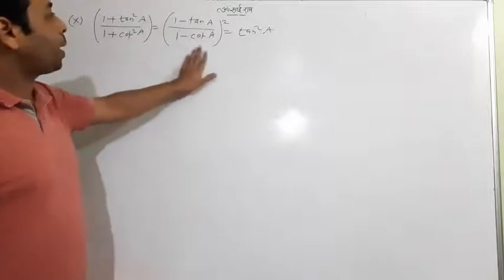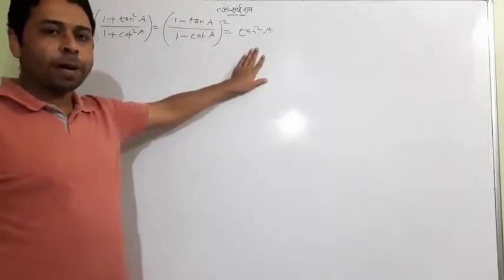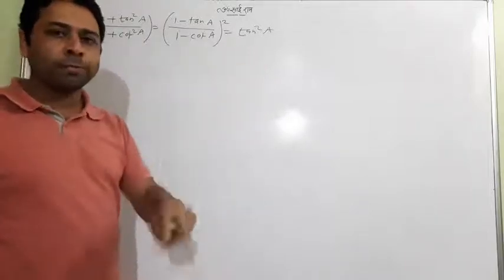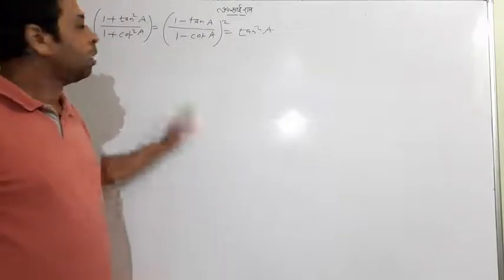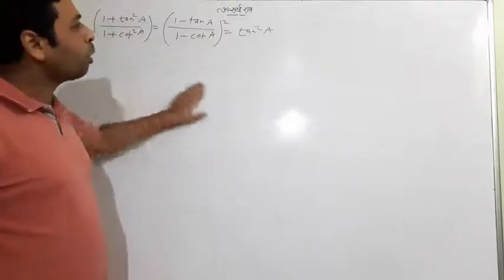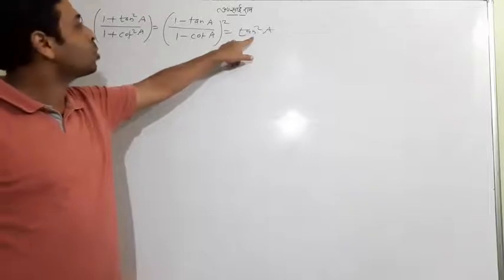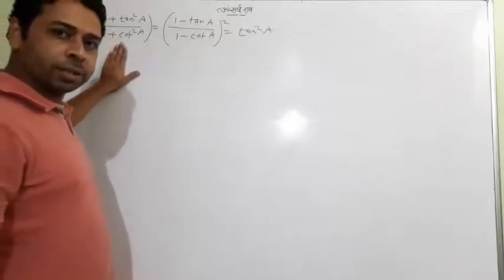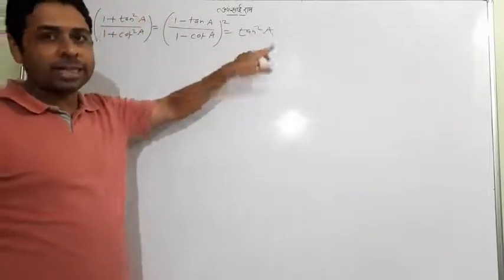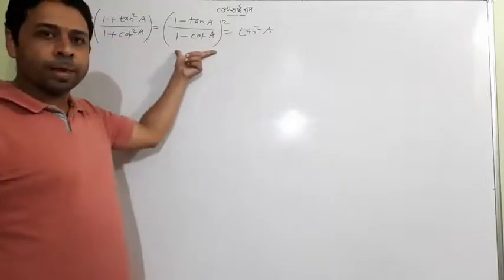So we have a 3-part. Don't be afraid. 3-part meaning you have to do 2 times working in a single question, single frame. First I'll take the left hand side, the smallest one, which is this one. My strategy is I will take the left hand side and get the right hand side. Then I will take the middle part and equate it to the right hand side.